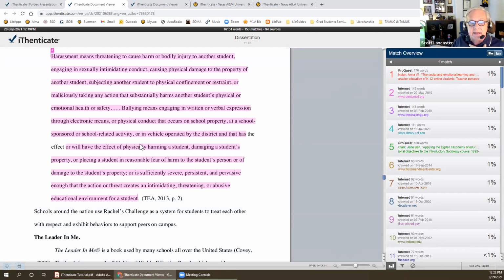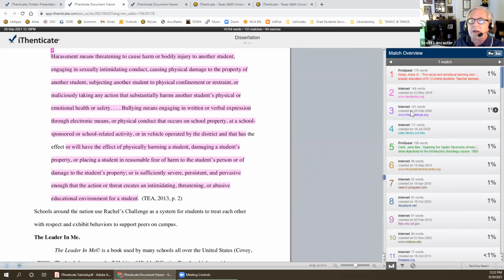Is it something I did, or is it a mistake in iThenticate, or is it a mistake in the document iThenticate is pointing to? I just double check it. But then this could be one that could possibly be reduced or paraphrased. You can see from these ellipses here, the writer has already cut out something in the middle of this, and they're probably going to need to cut out more if they want to reduce it.